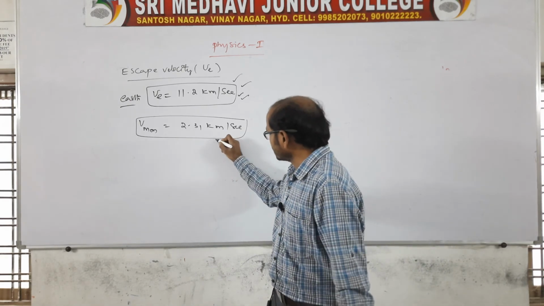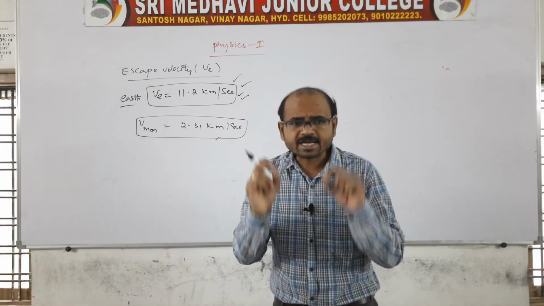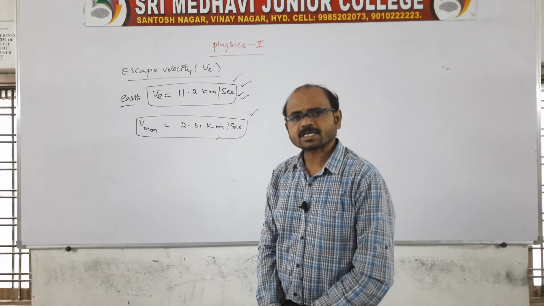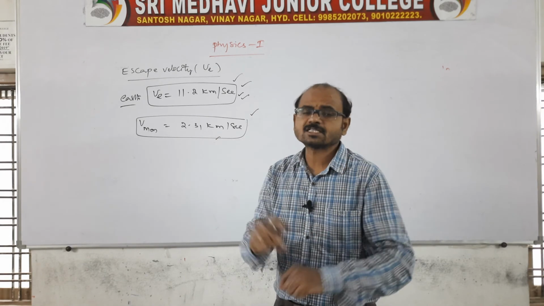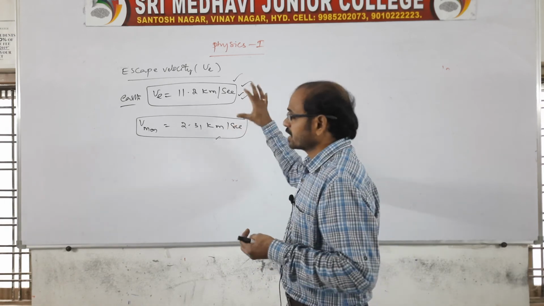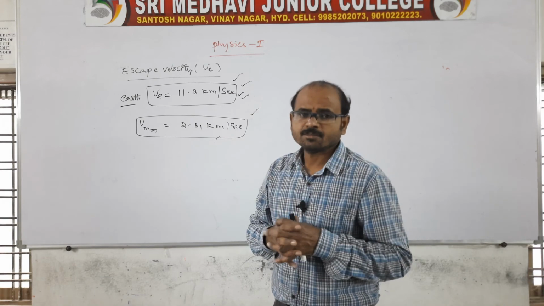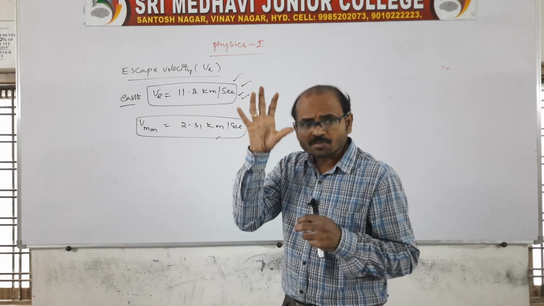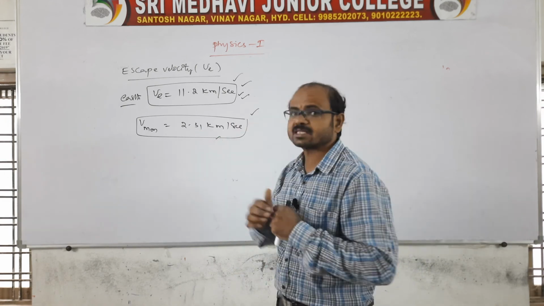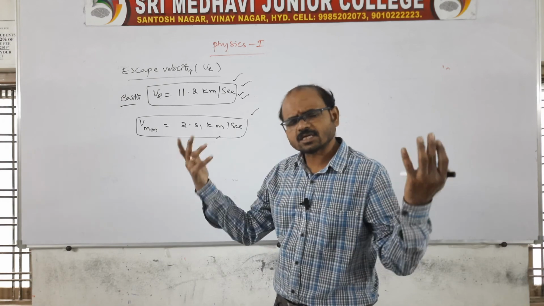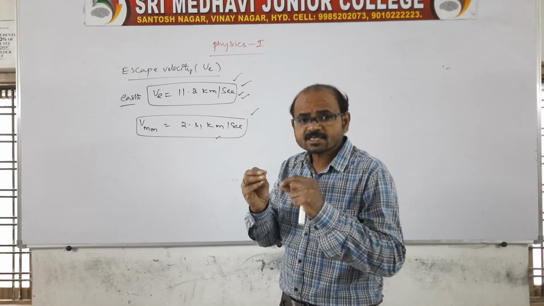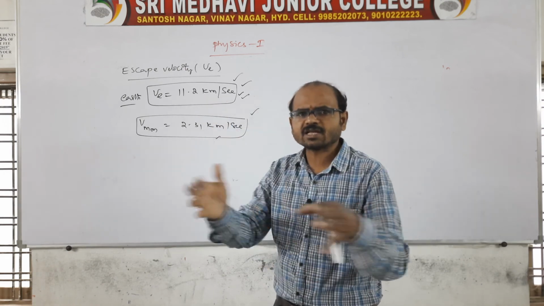Whereas on the moon, the speed of the gas molecules is greater than 2.31 kilometers per second, so there is no atmosphere. This is the only reason: the gas molecules escape from the moon, because their RMS speed is greater than 2.31, and of course they all escape. On the earth, the speed of all gas molecules is less than 11.2 kilometers per second, so they never escape.